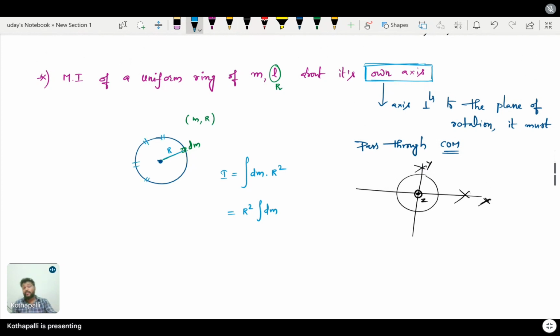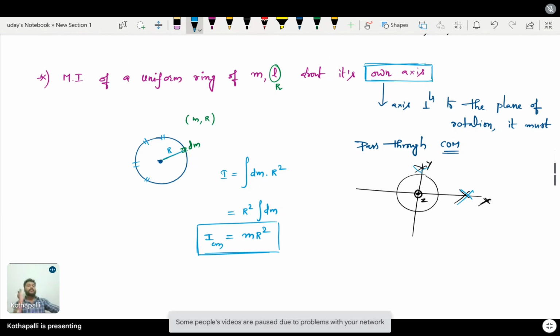Here, many point masses will be available. If I add up all those point masses on the ring, what will it be? M. So moment of inertia of a ring about its own axis, which we will call the center of mass axis, is m r square. Moment of inertia of a ring about its own axis, if its mass is m and radius is r, is nothing but m r square. Okay, about this type of axis passing through center, but along the diameter,